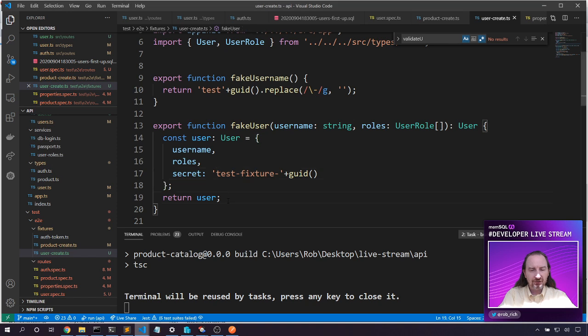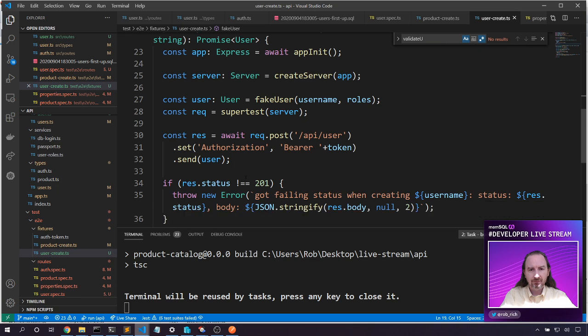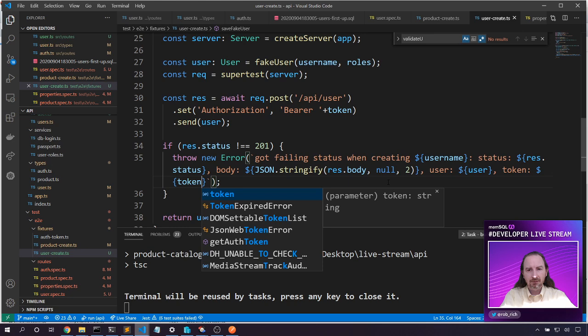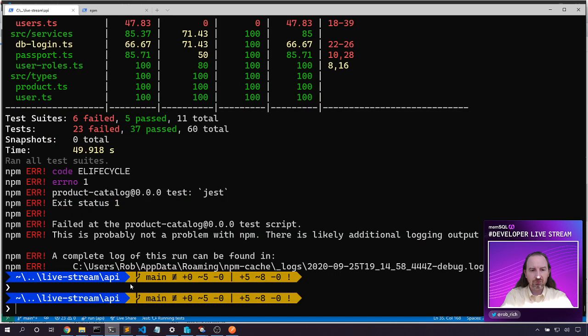This is a smidge dangerous, but let's do this. Got failing status, status, body. Let's also say user is user and token is token. Now that will give us the information that we need to put in Postman that will help us reproduce the problem. npm run